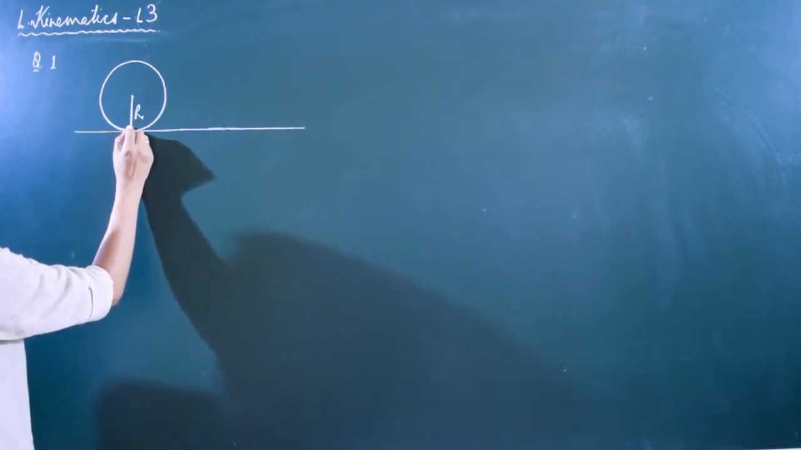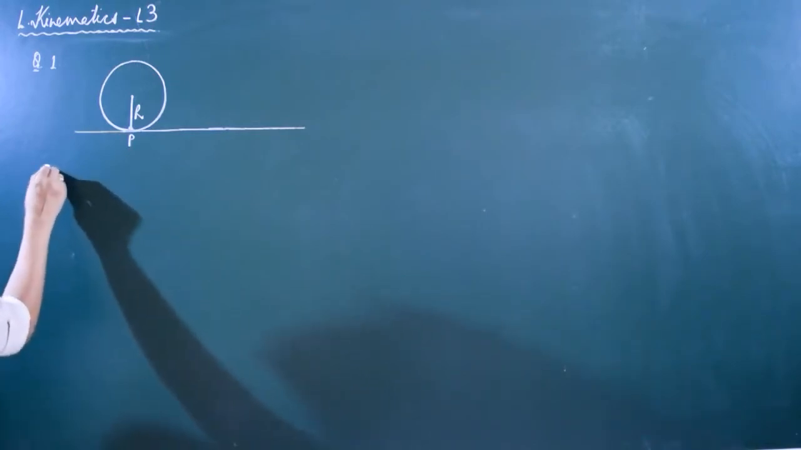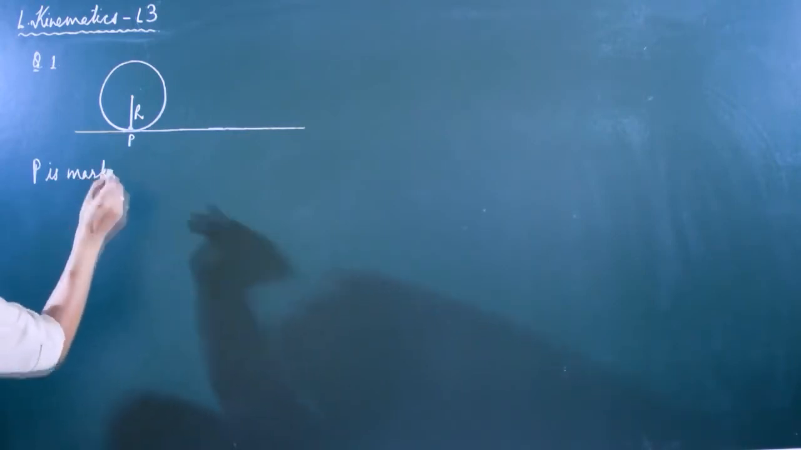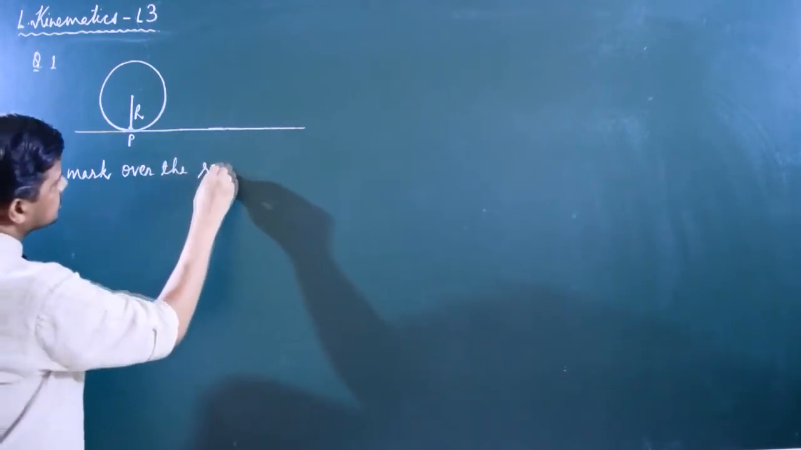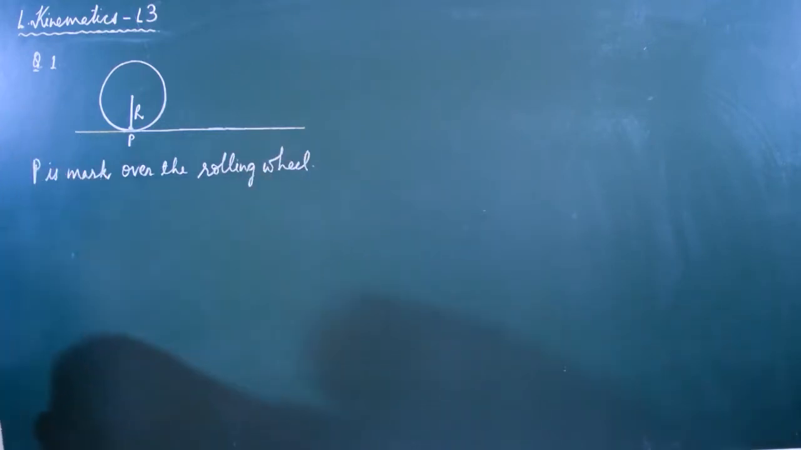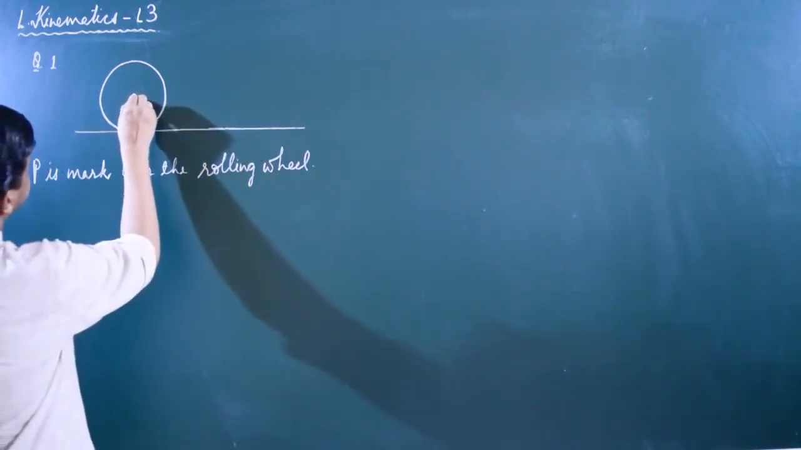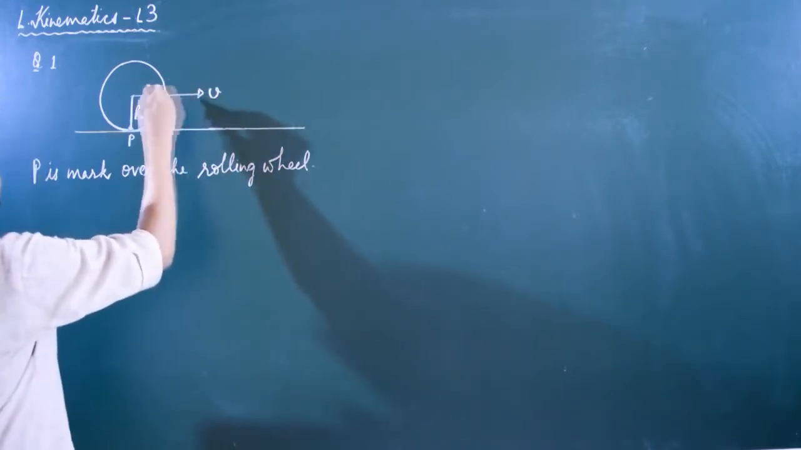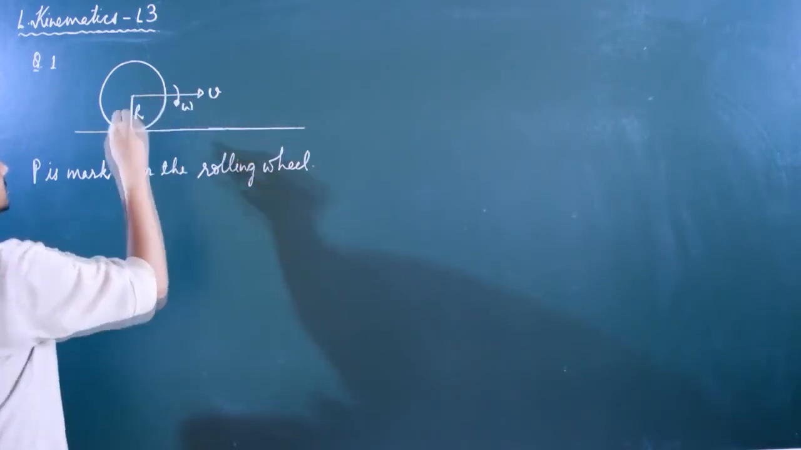there is a mark over the wheel, and this mark is P. See, P is a mark over the rolling wheel. Okay, it is a mark. Radius of the wheel is defined r. This wheel has both linear and rotational motion. It is combined motion. Okay,